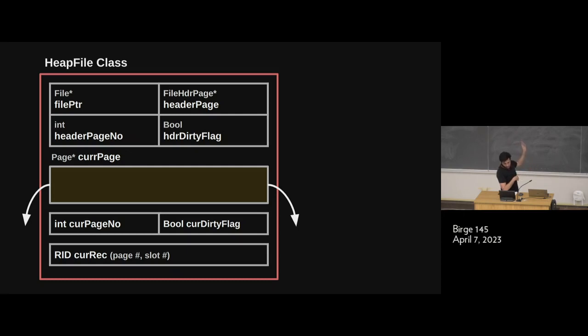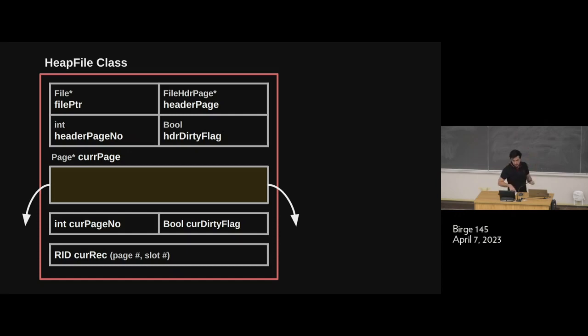The file object itself has the same slotted page structure that we talked about. It has slots which can contain records. And this file object also has methods which you've already used in the previous assignment, for example, allocate page, read page, write page, right? But in addition to the file object, it also has some additional fields, such as the header page, which we